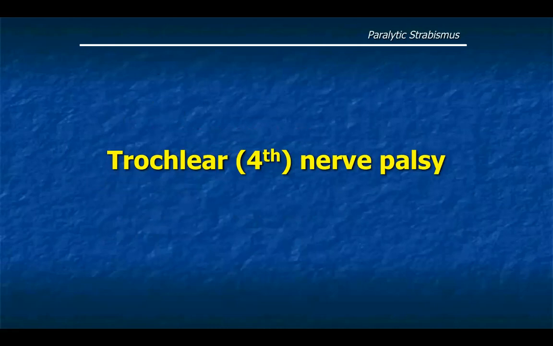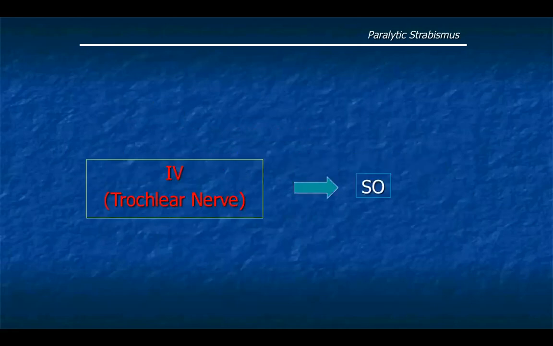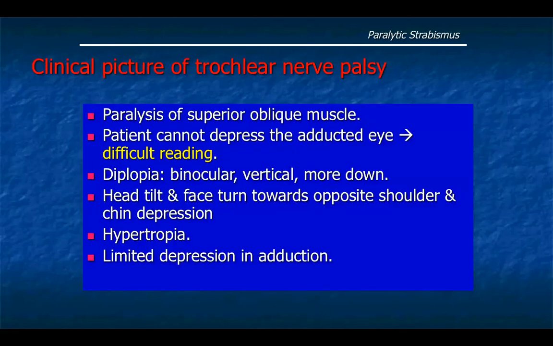The last cranial nerve is the trochlear, or the fourth cranial nerve paralysis. The fourth nerve supplies the superior oblique muscle. Clinical picture of trochlear nerve palsy. As there is paralysis of the superior oblique muscle, which depresses the adducted eye, the patient cannot depress the adducted eye, so complains of difficult reading, because this is the position of reading. We look down and in to read, and the patient cannot look down and in, so he complains of difficult